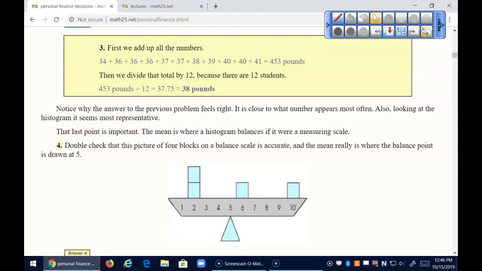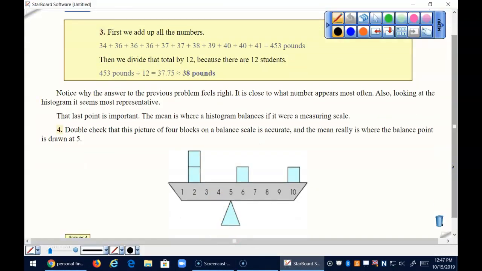If there's a balance scale, the mean is where it balances. So if we have 2 2s, a 6, and a 10, does it really balance? If we put it on 5, so 2 and 2 is 4, and 6 makes 10, so 20. 20 divided by 4 things is 5. Yeah, it balances at 5. Wait, what? I'm confused. Is the 2 representative of the weight? Yeah, or the spot on the scale in this case. Each block weighs the same, but these are pushing it on this side, these are pushing it on that side.